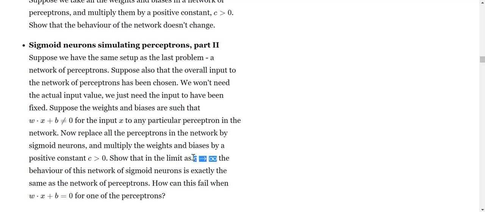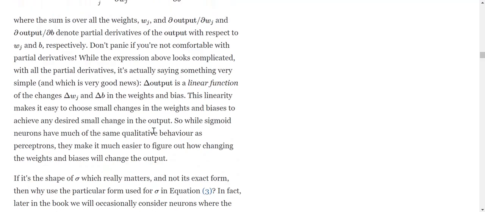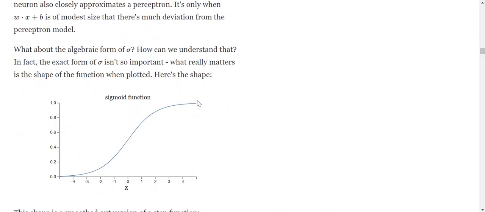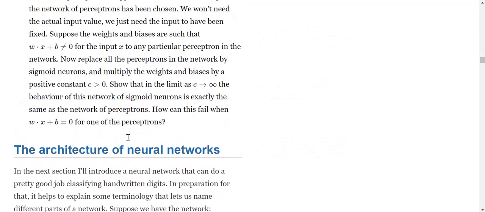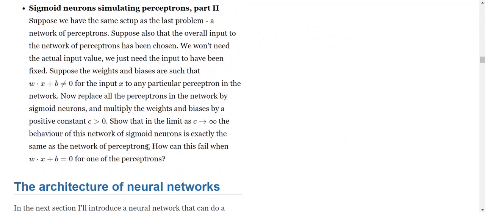And in the limit as c tends to infinity, if you had a positive value, say one, and you scale it like crazy and you get a million, then after applying the sigmoid as we had discussed earlier, you would get a value tending to 1. So the prediction wanted to be a 1 because the value was greater than 0. And if the value was less than 0, you've essentially scaled it to, say, a negative million, so you've predicted a 0. So there isn't any difference actually. This is behaving exactly as perceptrons because it is now giving either a 0 or a 1.